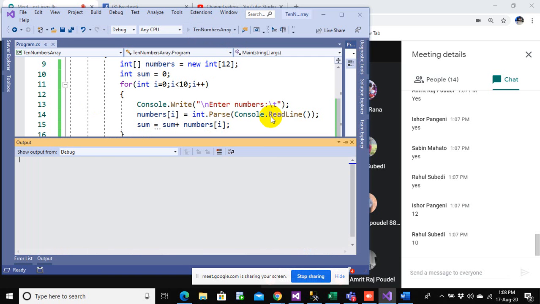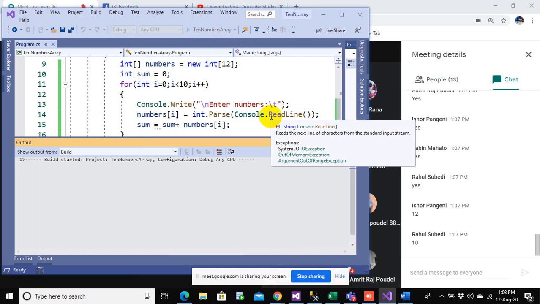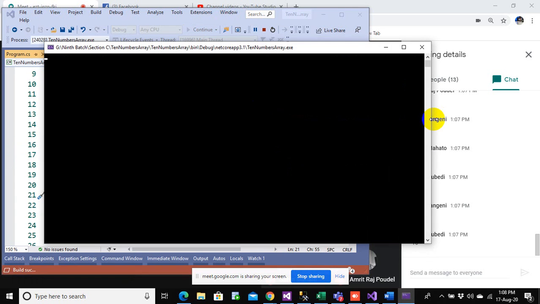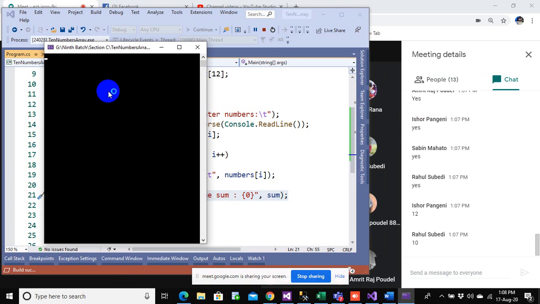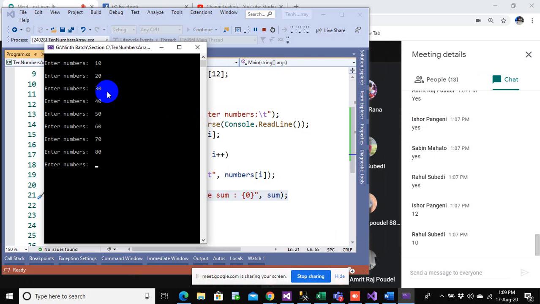And if you run this program, you will see. Let us supply some values. For example, let's say 10, 20, 30, 40, 50, 60, 70, 80, 90, and 100.